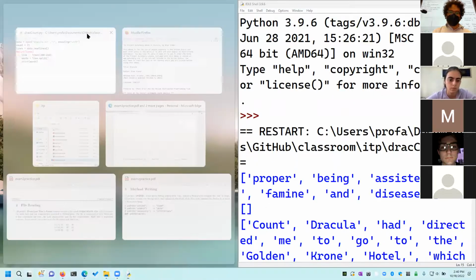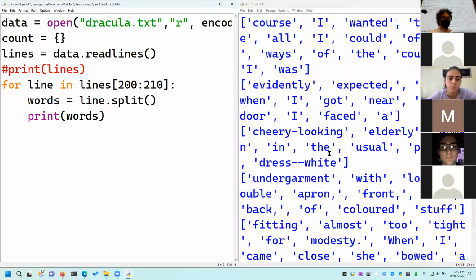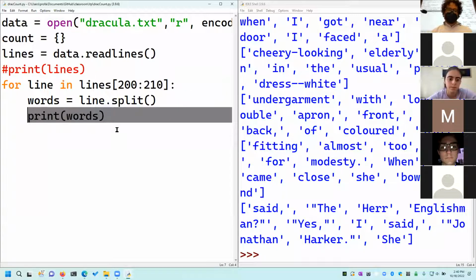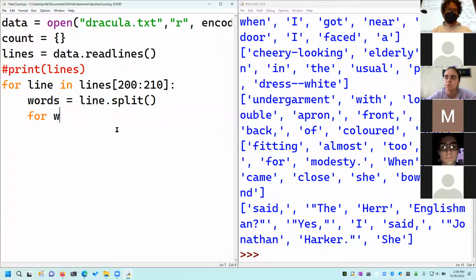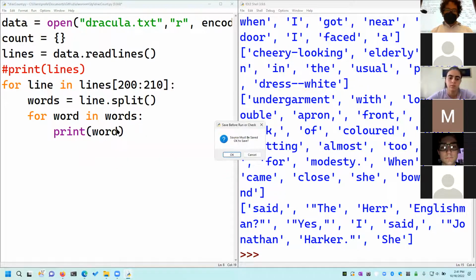Okay, boom, boom. There we go. Make sense to everybody so far? Now what we do is that we're going to go through each of these words individually. For word in words, print the word, individual word. So if we do this,